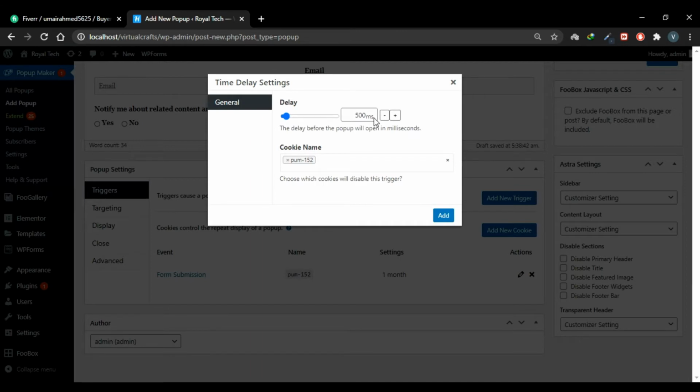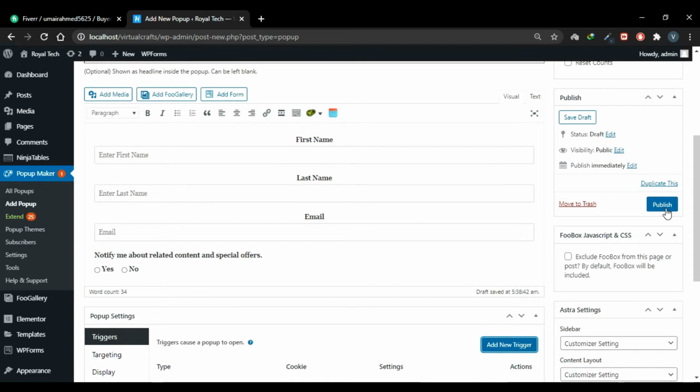Now set the time when you want this pop-up to show. Currently it is set to 500 milliseconds, which is 0.5 seconds. It means the pop-up will show after half a second passed when the user enters your website. Let's increase it to 2 seconds, make it 2000 ms, and this is the cookie already created. Now click add and this trigger will be added. Publish this pop-up